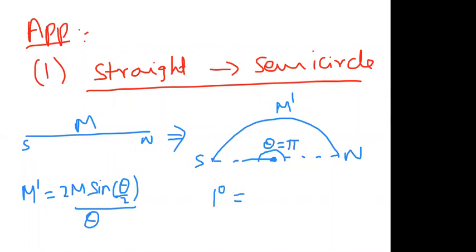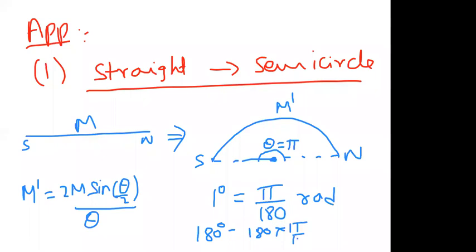You know the conversions from your childhood onwards. What is that? 1 degree is equal to pi by 180 radian. This is the conversion from degrees to radians. So 180 degrees means 180 into pi by 180 radian, the 180 cancels, and we get pi radians. This is the formula for conversion from degrees to radians: 1 degree is pi by 180 radian. Anyhow, you know this information very well.